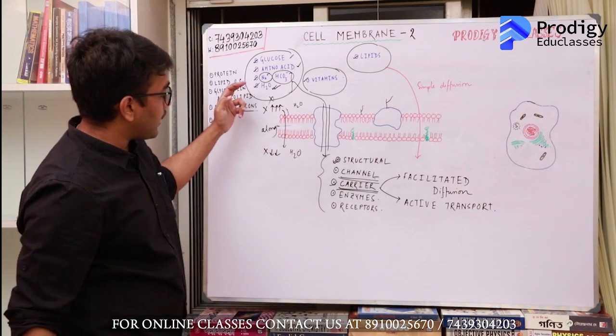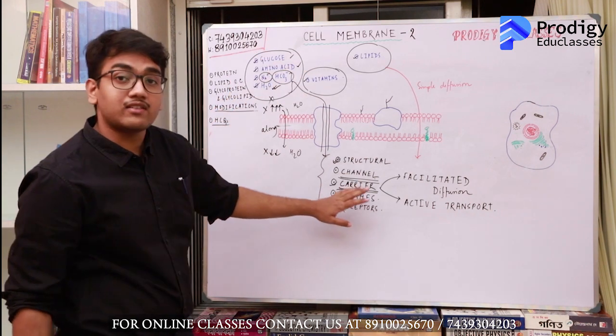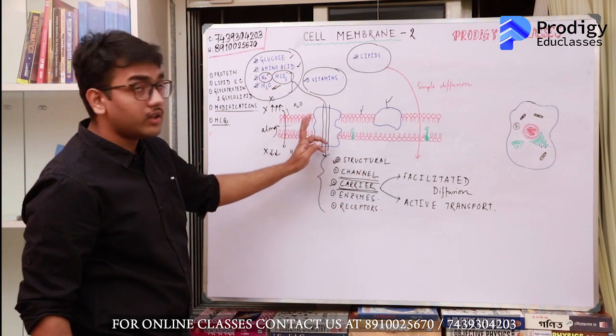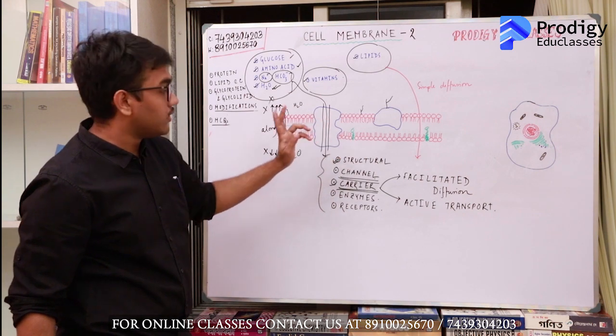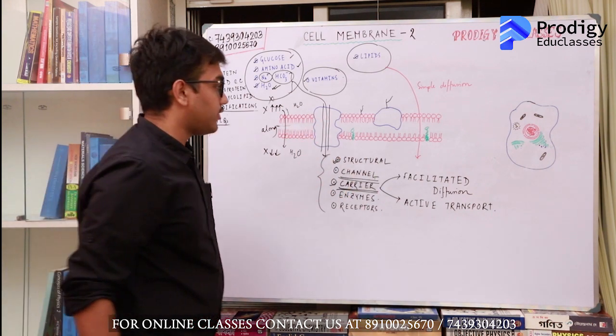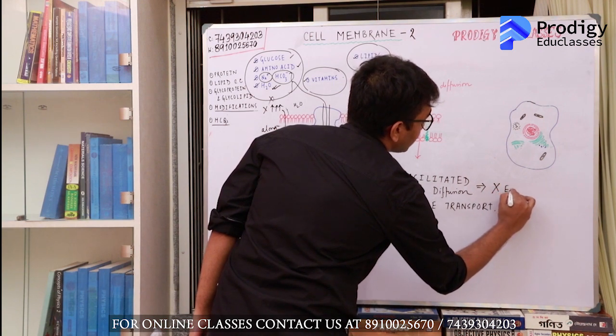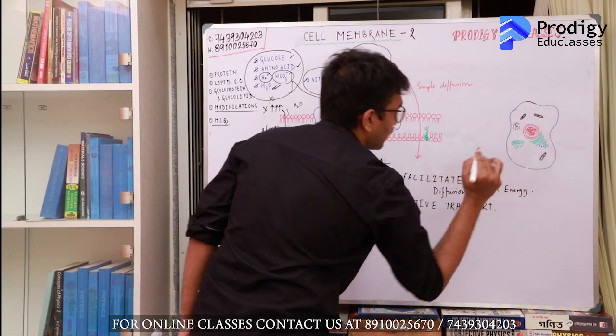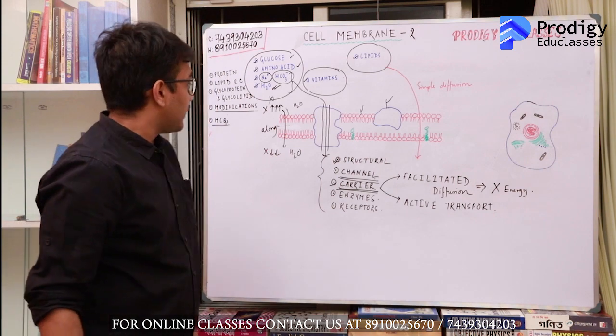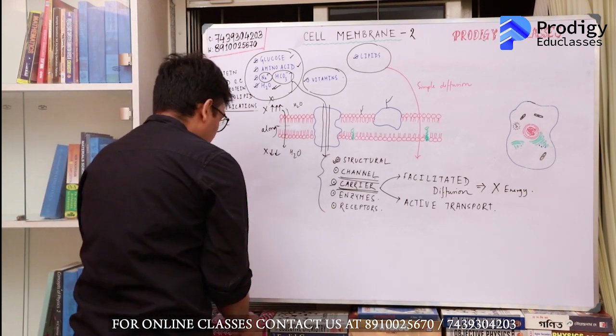So X will pass without any necessity of energy only through the carrier protein. This is known as facilitated diffusion, where you do not require energy. There is no energy requirement. On the other hand, there will be some substances, say Y,